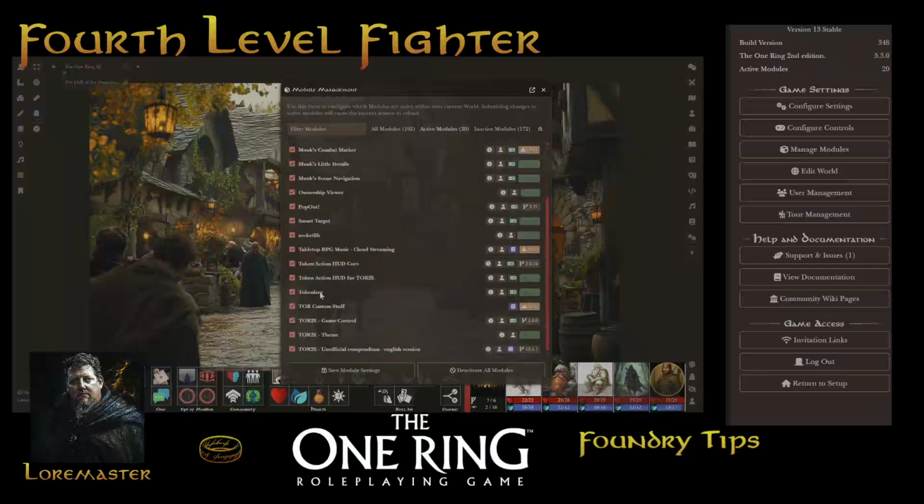We've also got Tokenizer, which makes it easy to make tokens. Again, you don't need it. It just, for me, facilitates it. The One Ring Custom Stuff, this is a module that I made, and this is where I store all the things that I make for the game, just in case there's an update to the game and it wipes the compendium, you don't lose all of the stuff that you've put in there or all the changes that you've made. So every game I make a custom compendium and I put everything in it,